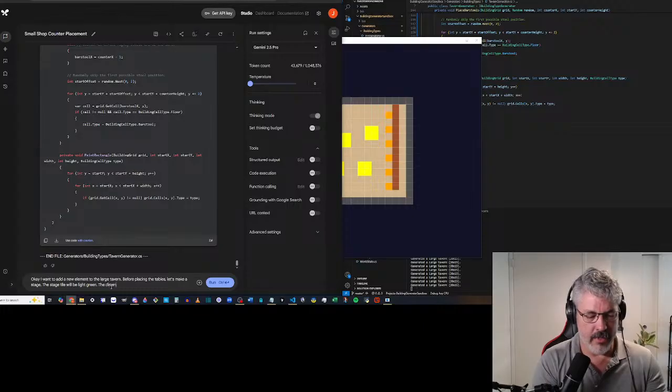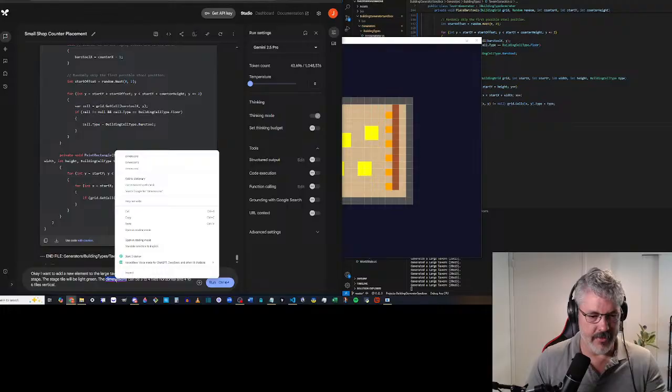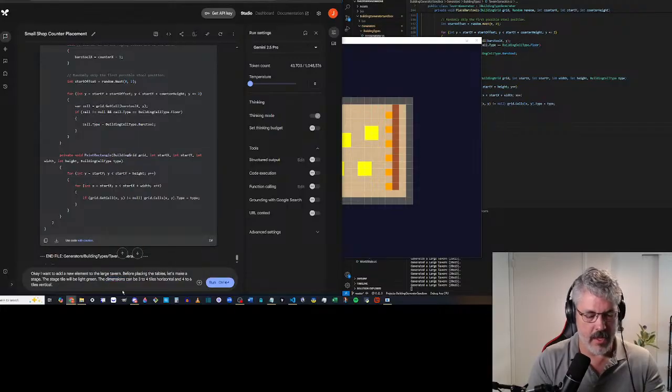The dimensions can be 3 to 4 tiles horizontal and 4 to 6 tiles vertical. Let's have a 20% chance of producing a stage.